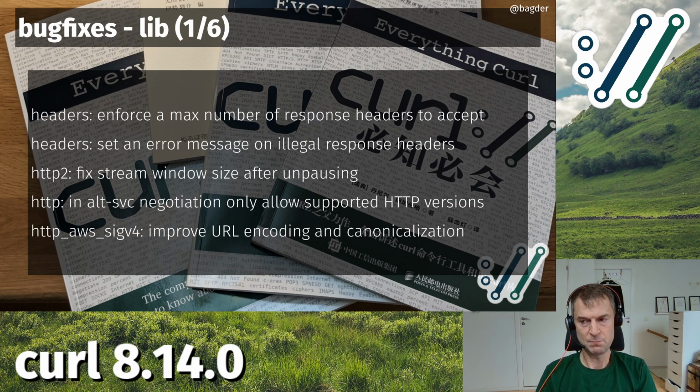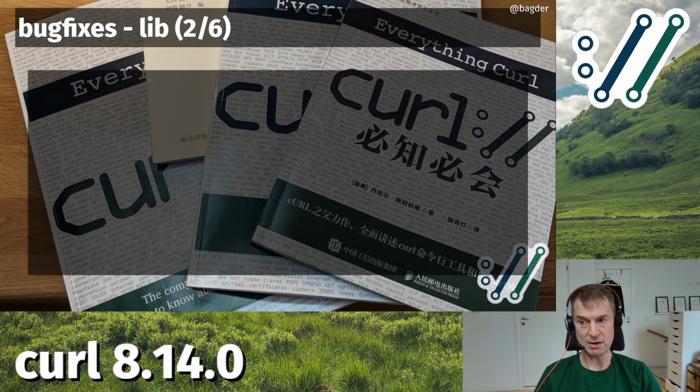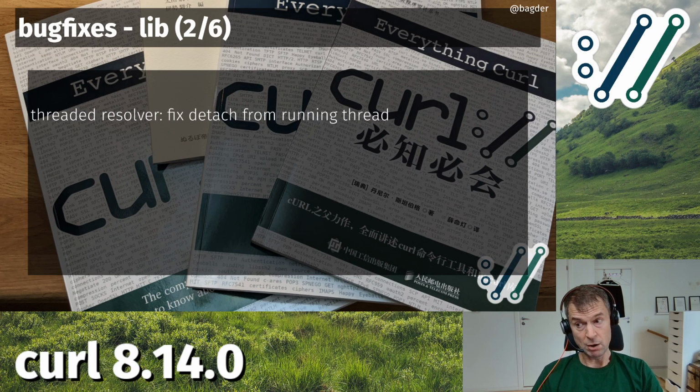I can say that it is a weird thing, but it's an AWS standard and it's widely used. So we support it with curl, and it's complicated. And now it's slightly better. We have a bunch of new test cases, and it was a real overhaul here. So it should be better now. Try it out.